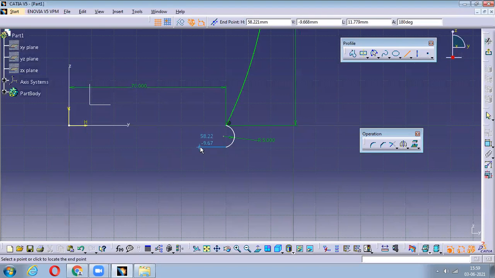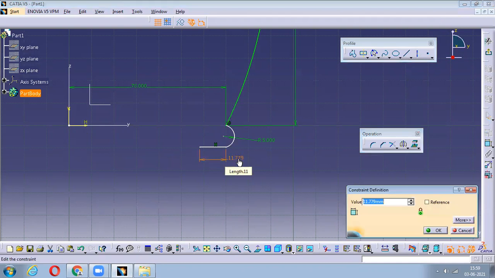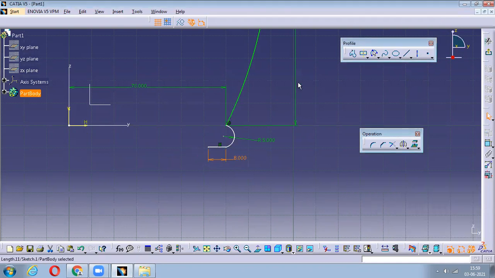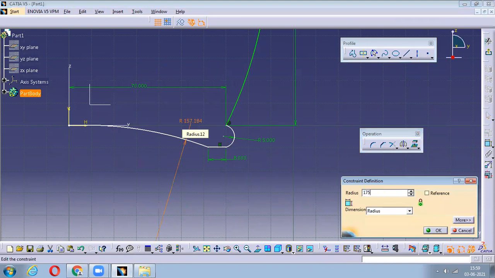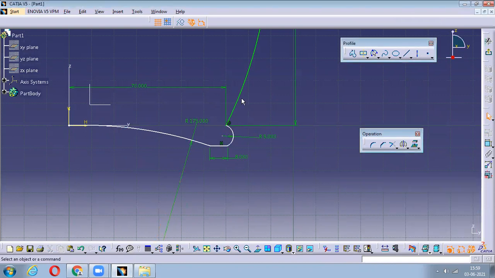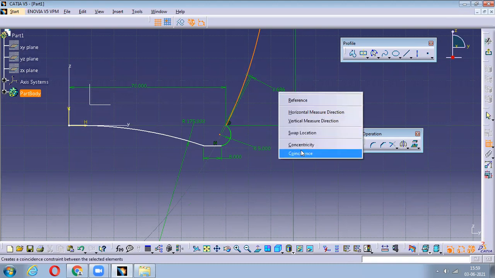Okay, so I'll just draw it exactly like this. He didn't give any distance to this, so I'll take it as some 7 or 8 mm. Now from here to the center he has given an arc, and he has mentioned that arc radius as 175. Okay, 175 I'll take. Now see, it is not being isoconstrained, and the reason is this particular part is moving. So what I'll do is I'll try to constrain this point and this arc. I'll make them coincident.